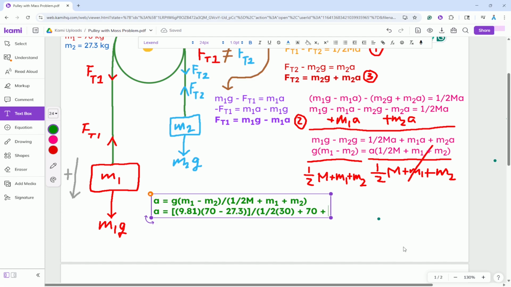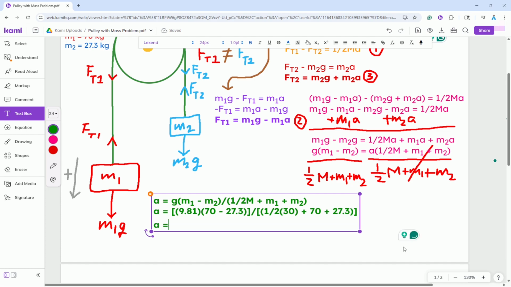Plus M2, which is 27.3. And I would put these in brackets like that. Yes, like that. And you're going to get that A. Let me skip a line for this. A is equal to,